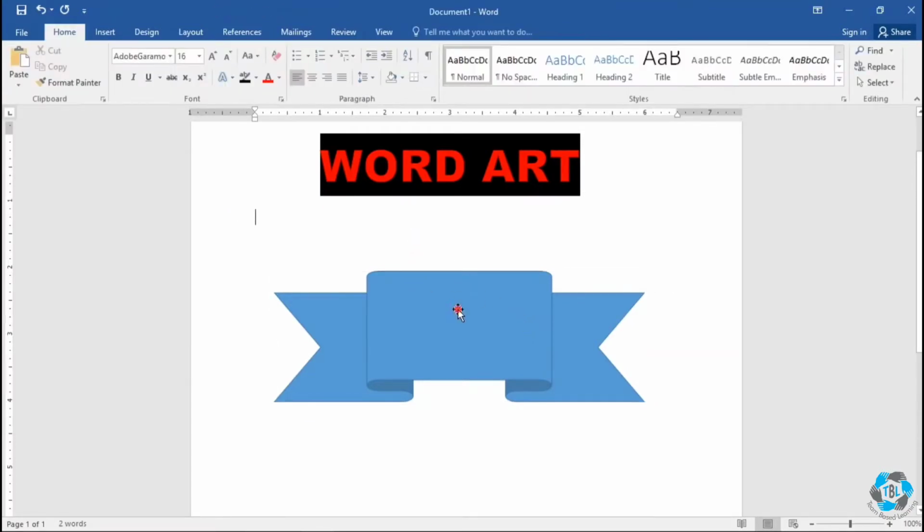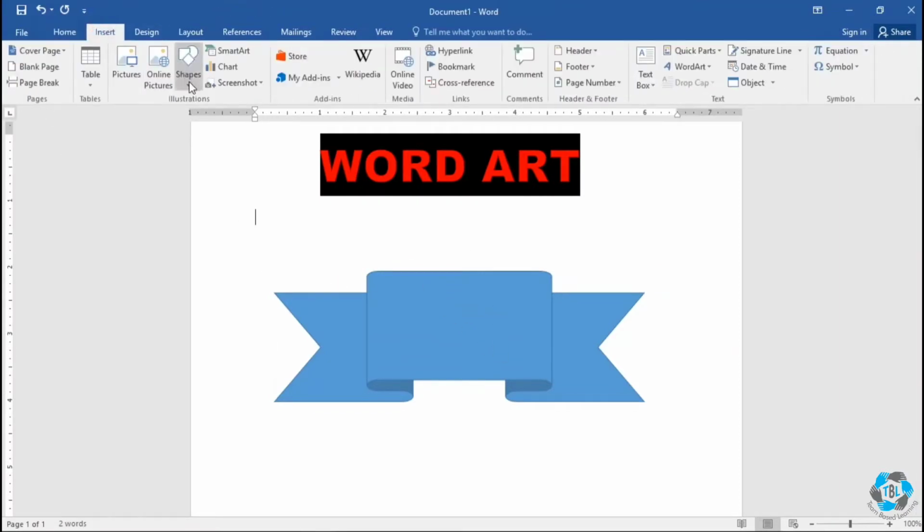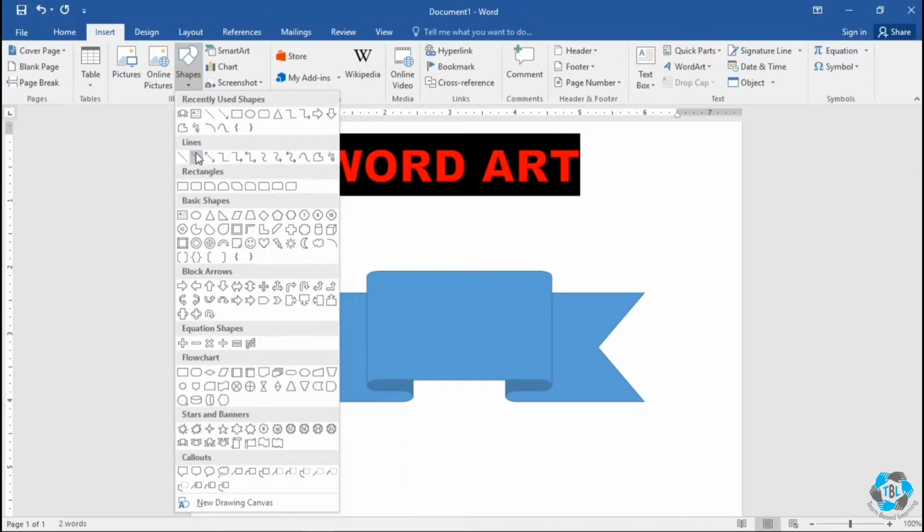Right now, I'd like you to add one more shape before we move on. The great thing about shapes is that they can be combined and customized to create your own unique graphics. Mastering this element can make your things look extremely creative and beautiful, and you can create almost anything with these tools.